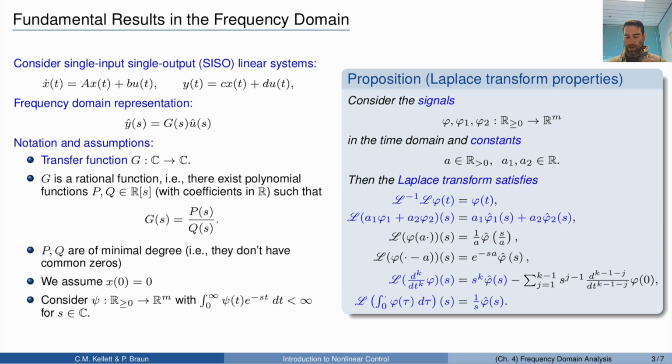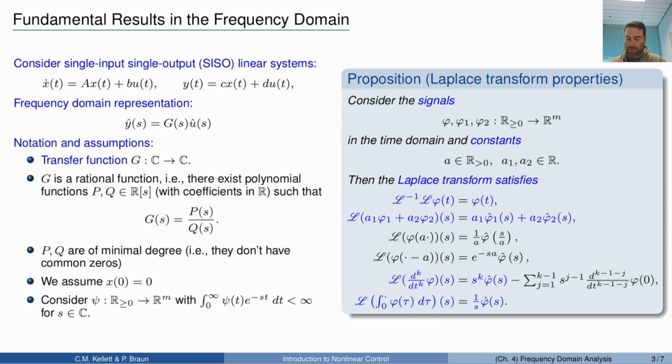A couple of them are highlighted, and these are the ones we are going to use here. First one is if we first apply the Laplace transform to a signal in the time domain, and then afterwards apply the inverse Laplace transform, well, then we are back at our original function. So that is kind of a well-definedness property here